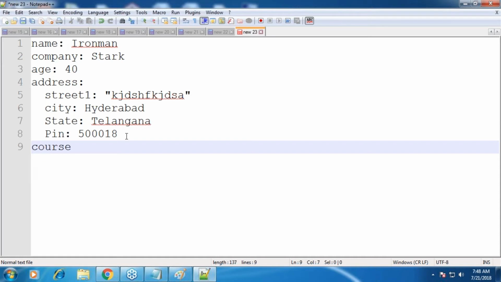So let us assume I'm writing about this. Now in the address there were multiple values. Are they all telling about the same thing or a different thing? They are telling different things about the address. Street 1, pin code, all different.